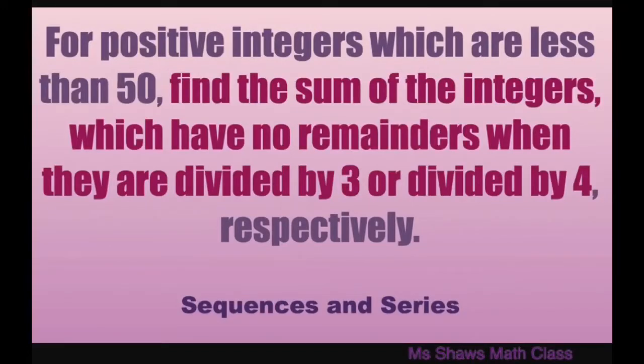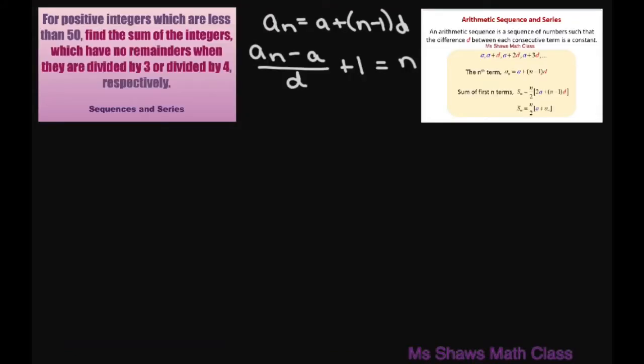Hi everyone. For positive integers which are less than 50, we're going to find the sum of the integers which have no remainders when they are divided by 3 or divided by 4 respectively. So basically what we want to do is look at the integers divided by 3, and that's the multiples of 3. So if we look at the multiples of 3, they are 3, 6, 9, all the way